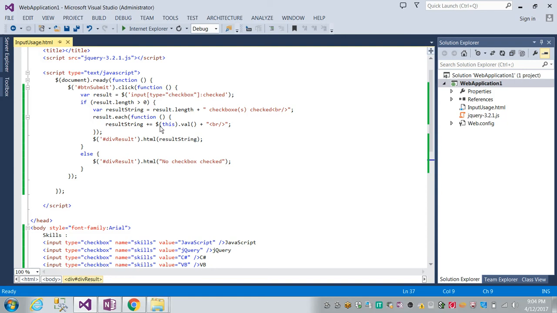So here I will verify whether checkbox is selected. So input type is checkbox colon checked is a property. So I will get the checkbox is selected or not in the result variable. Then if length is greater than 0, that means user selected at least one checkbox. So then I will get the number of checkboxes selected using dot length, how many checkboxes selected here. Then I will put a break and I have the list of checkboxes selected in the result